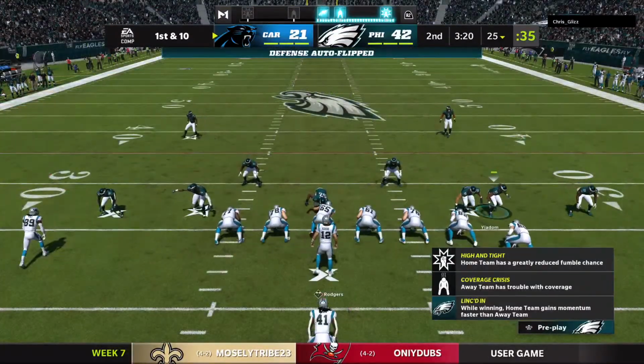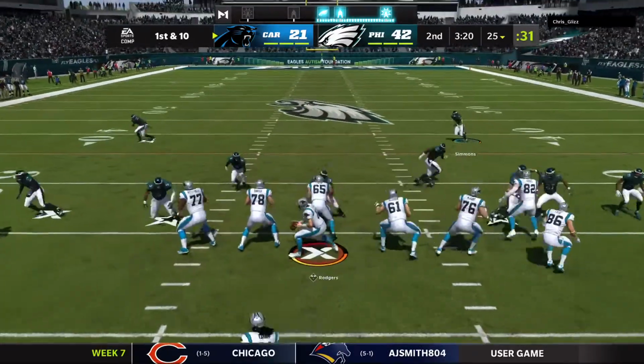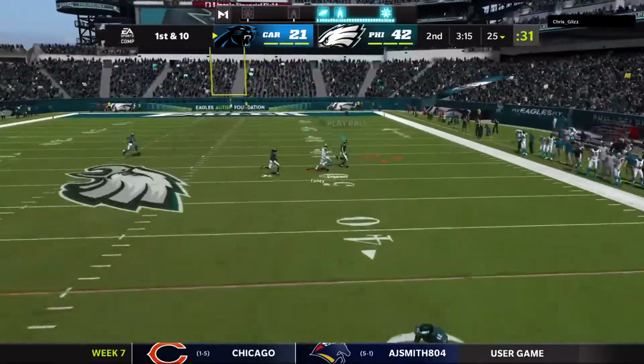The Panthers out there and ready to begin their next drive. And last time, 1-play interception, so this offense, they should be fresh. That's a good way of putting it. And I can't wait to see when they just...